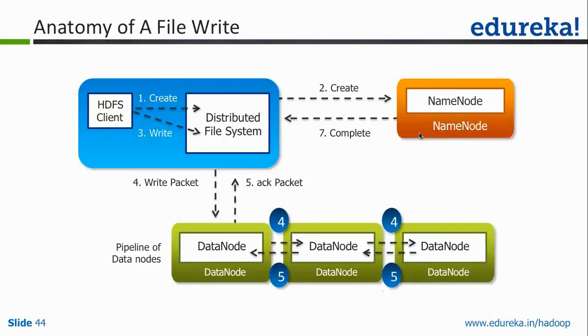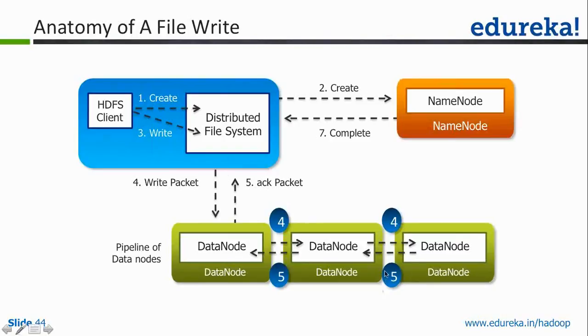Name node will get only 1. Okay, and the acknowledgement, no, acknowledgement is not heartbeat. Heartbeat is to determine whether the name node is working, data node is working or not. Acknowledgement tells me whether the write was successful or not. The data nodes may be working perfectly, but the write may still be unsuccessful because of a network problem, right? So basically what happens here is that you go ahead and write, and the acknowledgement also